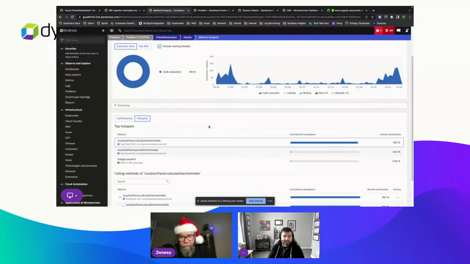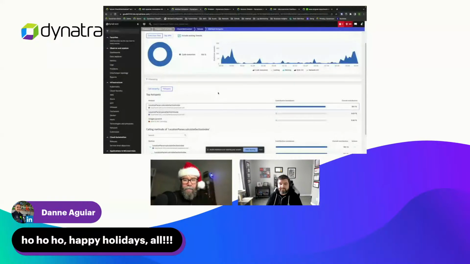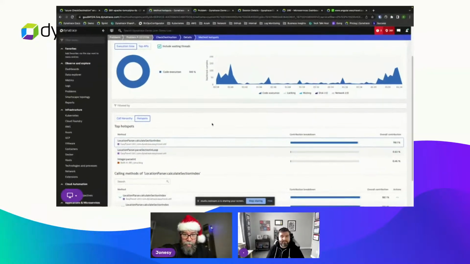I find this method level hotspot just so useful. Like the story I have is, we're working with a customer who's having an issue. If we looked at the end user response times, it looks like they've got these long network requests that are happening, and they're just struggling to figure it out because the network tooling, everything's telling them that the network is fine. There's no dropped connections. Everything looked fine. And what we found was that if we went in and looked at the method level,